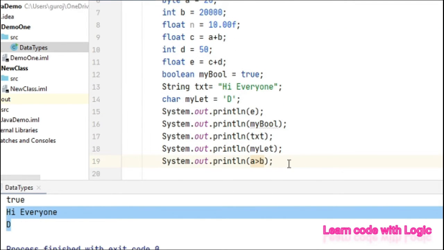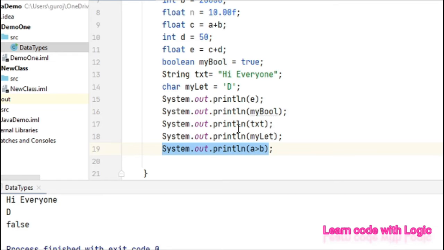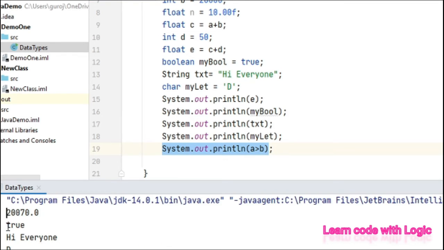It prints the boolean now. Boolean means true or false. Here A is smaller than B, that's why it's printing false. Please don't get confused here. The first row came from the data type here, and the second one is from the comparison.